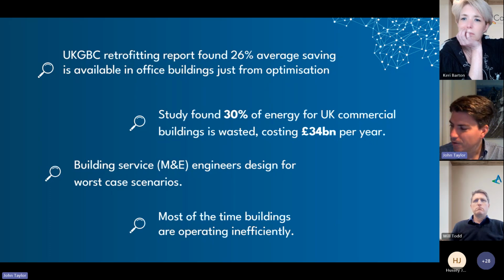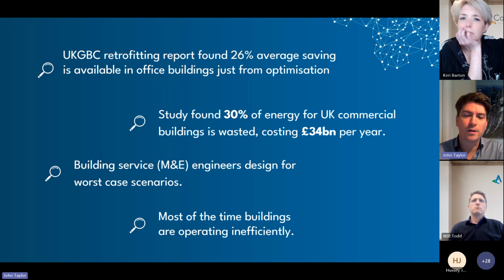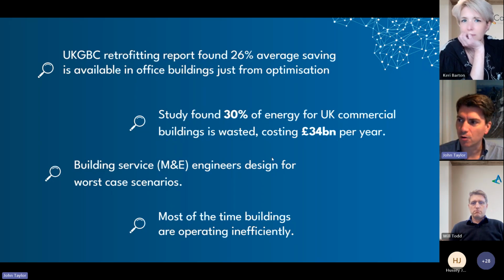And why is that? So I started out doing building services engineering, and you design for worst case scenarios. So your systems are designed so that you can heat the building when it's -5 outside. You can cool the buildings when it's 30 degrees outside. You've got enough fresh air to cope with full occupancy. And the reality is that they're not always in those states. So in most cases, you're over conditioning the space and you're over engineering that. And then behind that level, you've also got pumps and fans that make mistakes, that overcompensate, issues that happen, a whole manner of things that cause that waste.